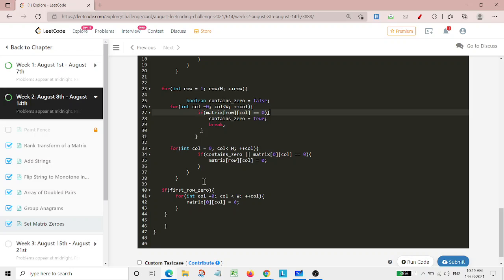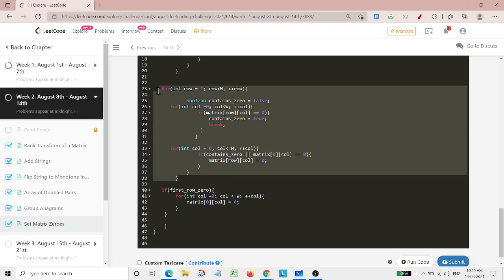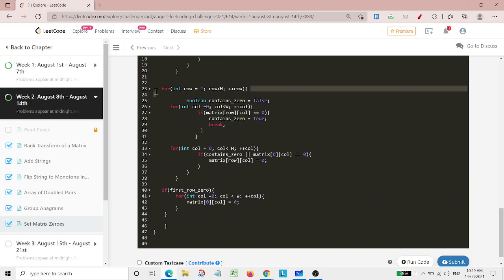So in this whole step, whatever row or column was 0, we are marking it as 0 here. Now we start from row 1, because in row 0 we have marked various columns as 0 just for storage purposes.